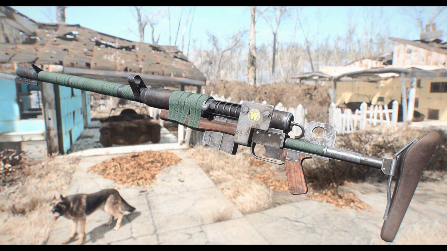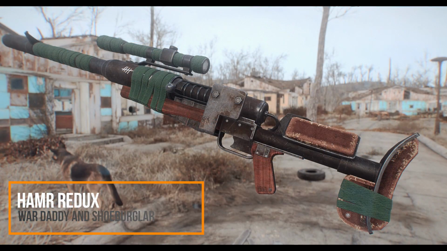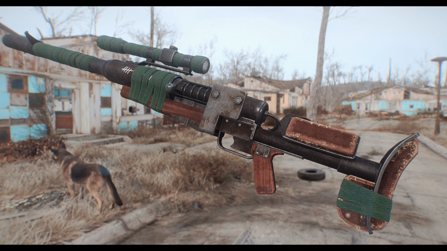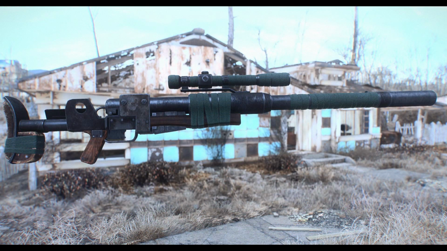Kicking things off, we have some more updates to the handmade AMR. This is going to be a Redux variant of a mod that is currently available for Fallout 4. This is going to be a total redesign of the thing itself. We have some more screenshots of the looks, the visuals, things like that, and it looks really cool. You can see some of the different mods that will be available to it that you can get in game,